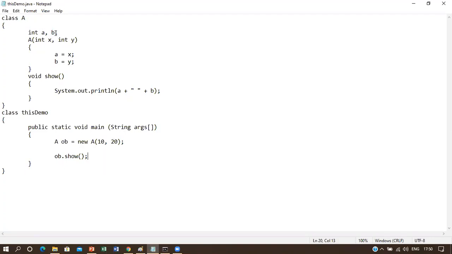Inside this class we have declared two instance variables, each of which is of integer type, and the variables are A and B. This is a parameterized constructor that is used here in order to assign some values into the instance variables A and B. And the values that have been assigned into the instance variables A and B are the parameters of the constructor. Then I have taken a normal method which has no return type. This will just print the values of A and B.